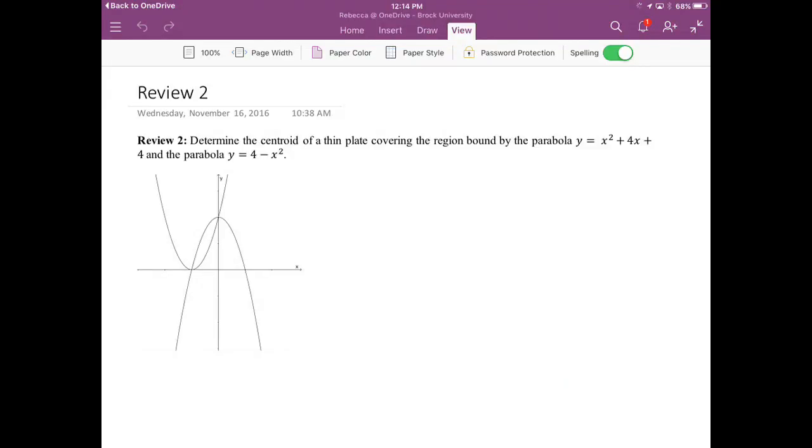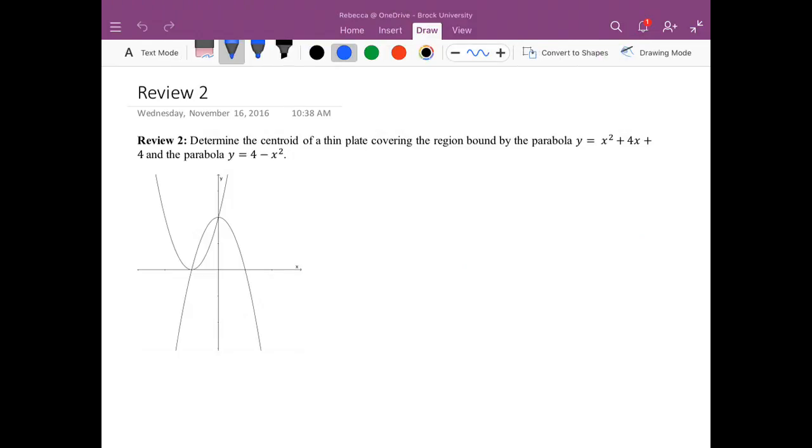So this is the second review question that I have for you. So we're determining again the centroid of a thin plate. So looking at these, our first step is to determine which parabola is which. So I know that the one pointing down is going to have a negative x value. So this one must be